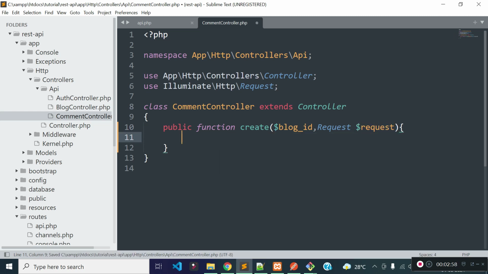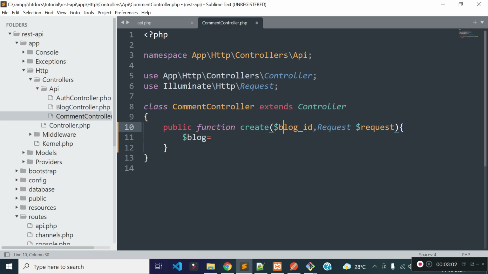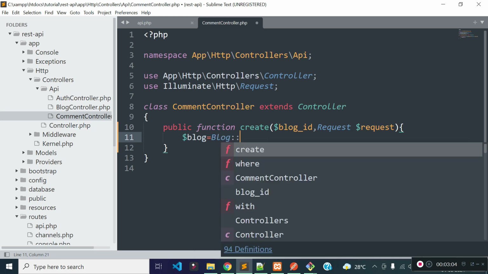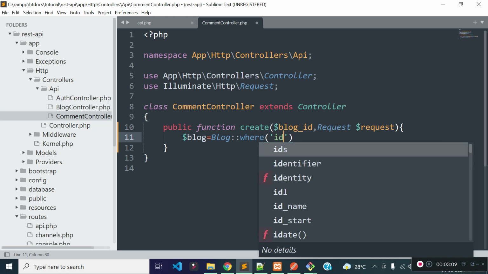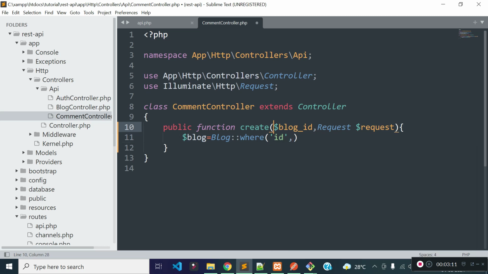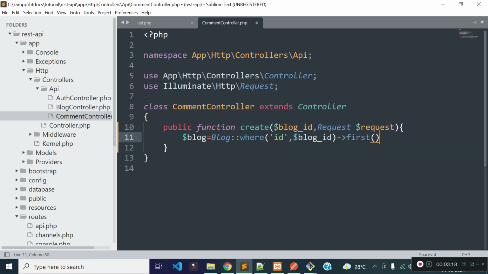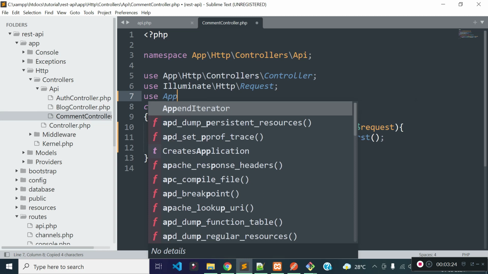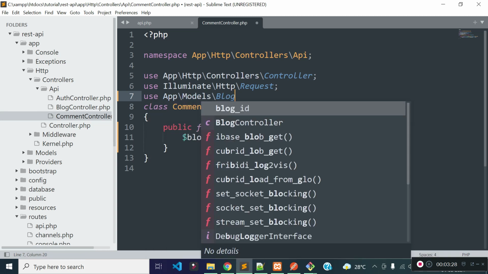Now I will check if there is any blog found with this blog ID inside our blogs table. So I'll write Blog where ID is equal to blog ID, and I will take the first record, and I will import the Blog model at the top, and the namespace for our blog model is App\Models\Blog.